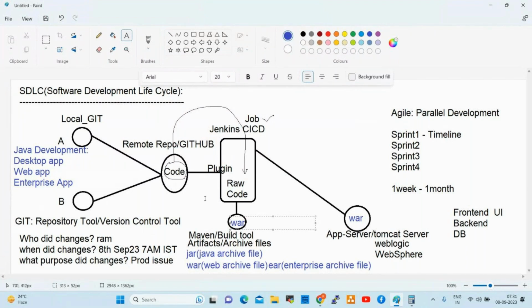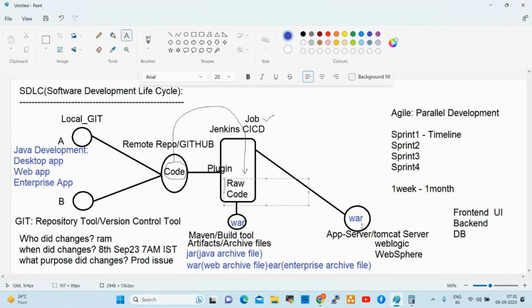Whatever code they push to GitHub will be taken by Jenkins. The code we take from GitHub is raw code, meaning unstructured code. This raw code will not be understood by application servers. That is why, by using Maven, we convert it into one single file that will be pushed to the application server. Here we deploy the war file, jar file, or ear file.